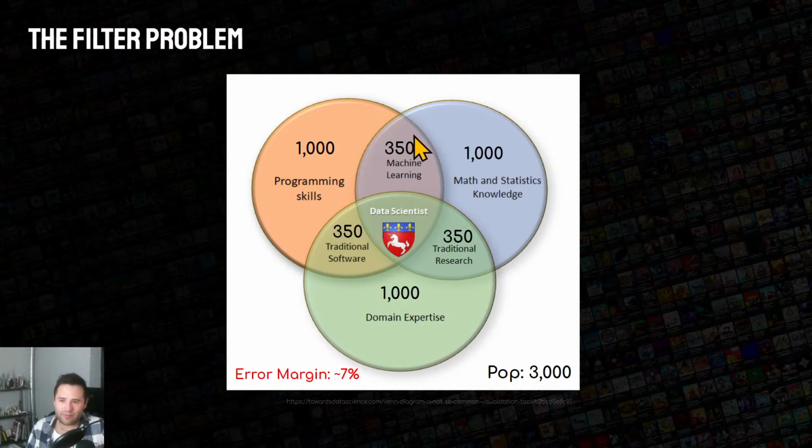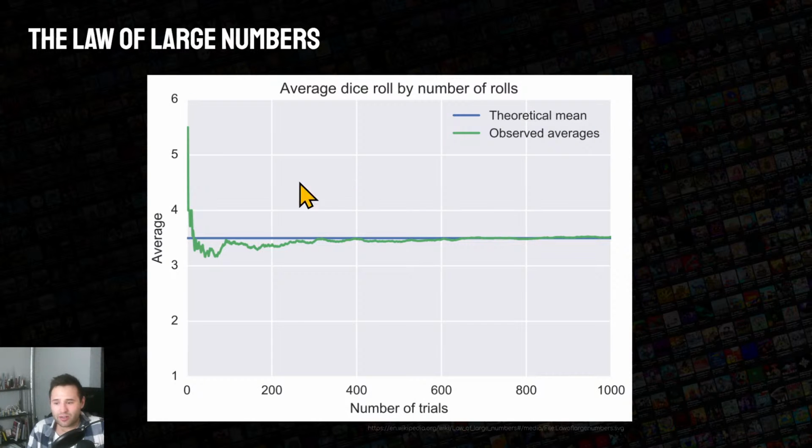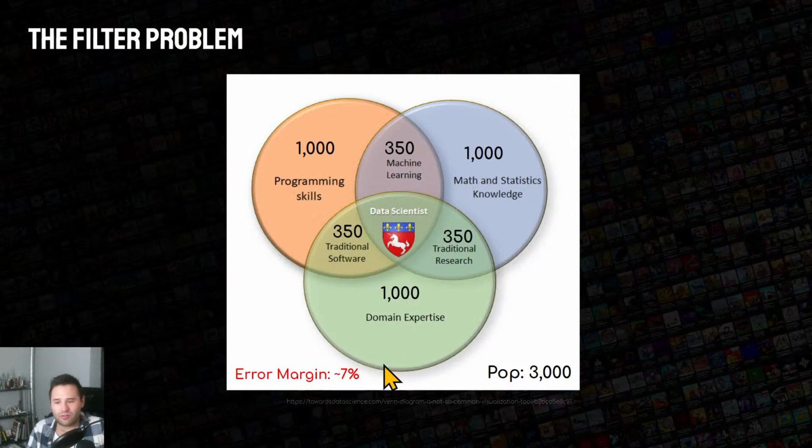That's 350. Now remember, this part is 350 users. That's not the best margin of error. It's workable, about 7%, but we'll see in a bit that the error margin really can matter at times. And then from there, what do you think is going to happen with this data scientist? 100. That's 100 users, a 15% error margin.